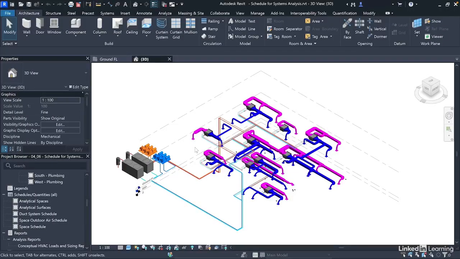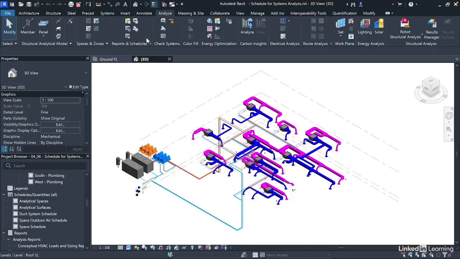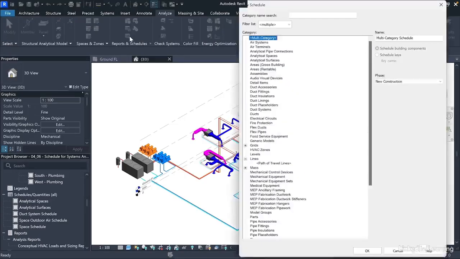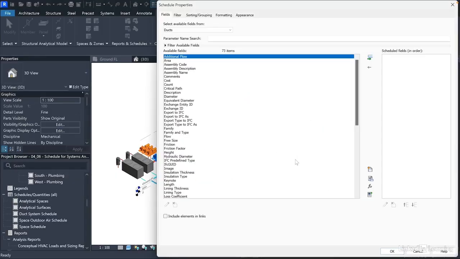We want to use schedules to identify ducts and pipes in the HVAC systems with velocity and friction outside the design target range. So let's start with the ducts. Go to the Analyze ribbon. From the Reports and Schedules panel here, click Schedule and Quantities to launch the dialog. Then select Ducts, give it a name, so leave it as Duct Schedule, and click OK to proceed to the